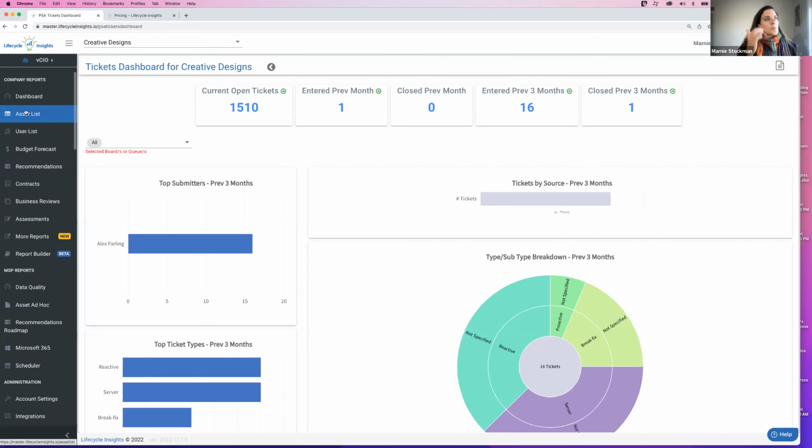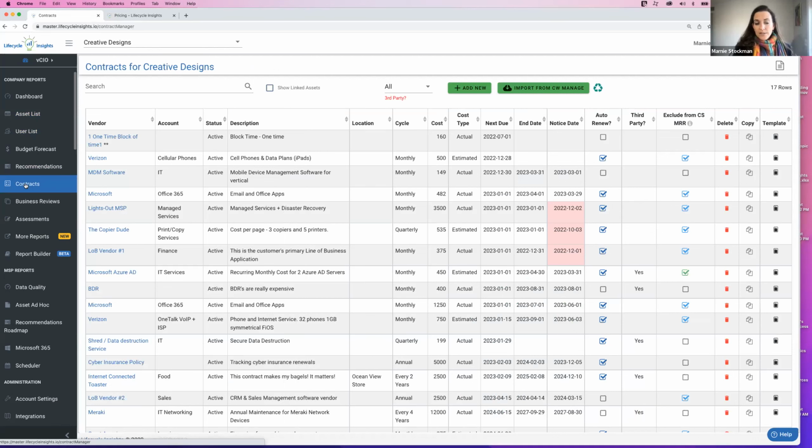So we've automated the asset reporting, we've automated the user list. We can also pull over your contracts from Manage or Autotask. So if you are an IT Glue or Hudu shop and want those as secondary integrations, we can do that. We could do Manage or Autotask, whether that's your primary or secondary, we can import your contracts or agreements and additions from Manage because we're aiming to help you drive a budget for your partners. The important piece here is that if you're just delivering a budget around asset lifecycle management, a lot of folks tell us they almost hide their managed service agreement. That's not telling the true story,